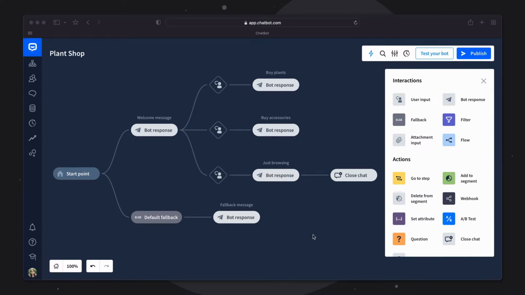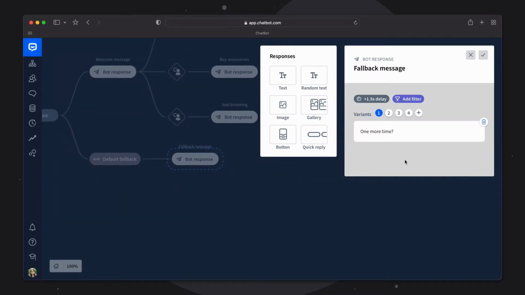So whenever your bot doesn't recognize a specific message from the user because it fell below the confidence score, the bot will automatically send the user to fallback. So here you can set up the message for the customer. You don't have to add the bot response here because it's added by default when you create a story. You also have some variants here already if you want to use them, but I want to add my own